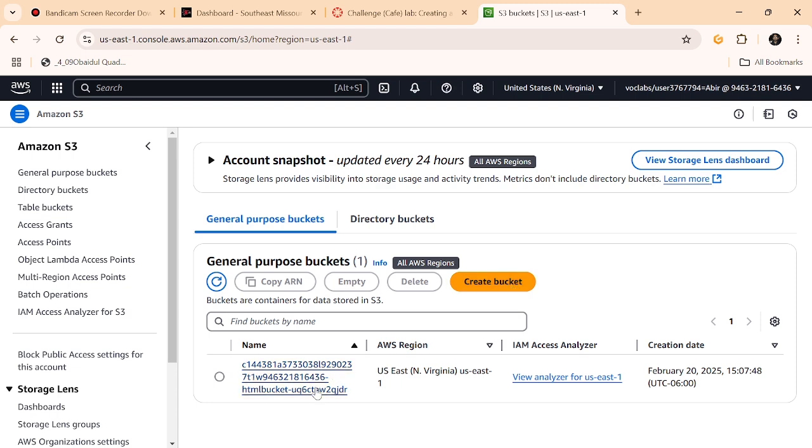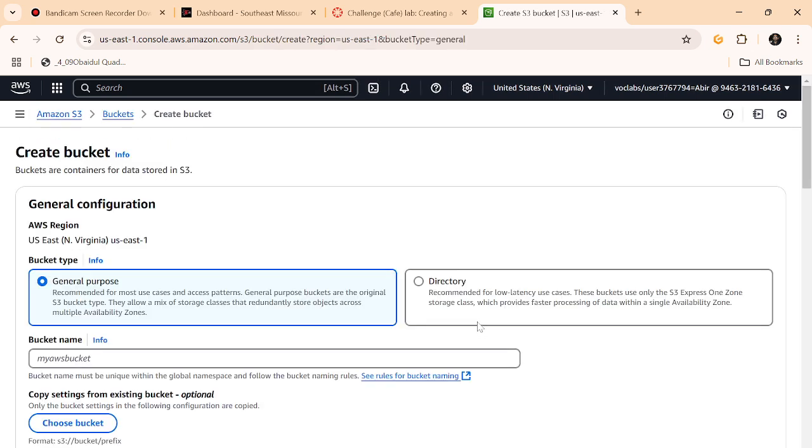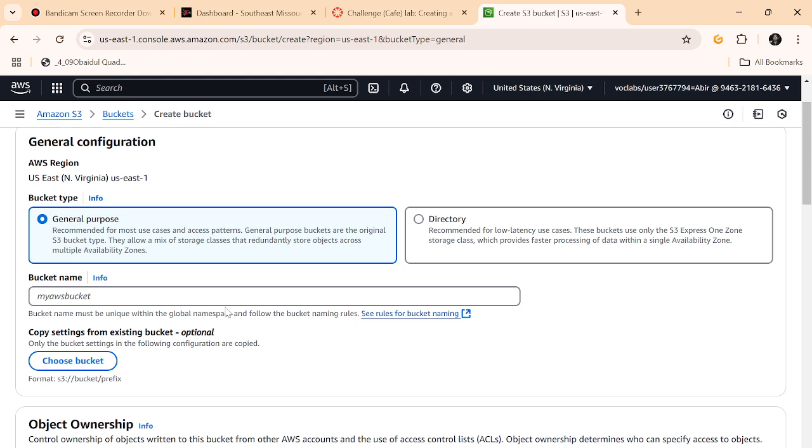A bucket is already here, but we want to create a new bucket, and let's see step by step. So you have to create a new bucket. The bucket name should be very unique, like nobody in their own account has ever used this name. So I give it lab 2